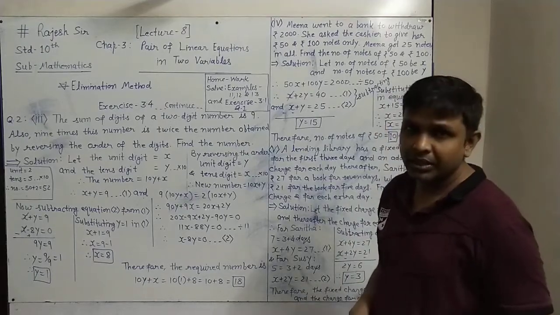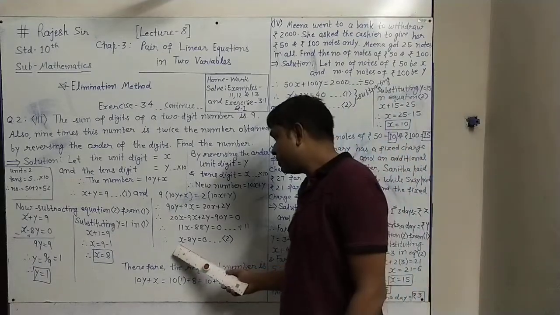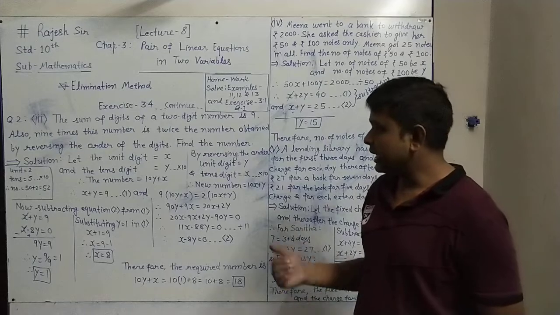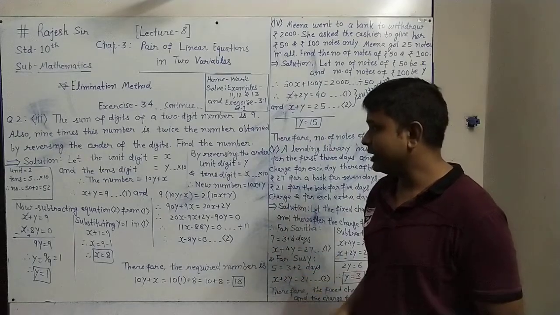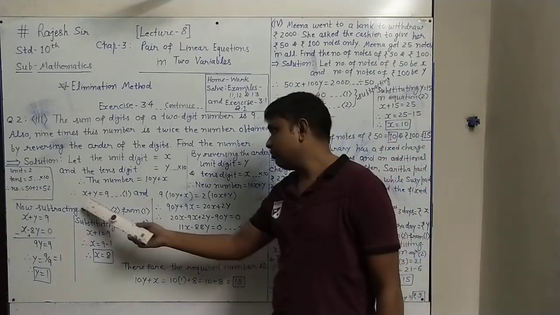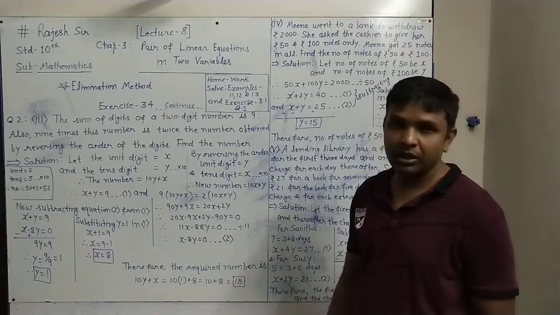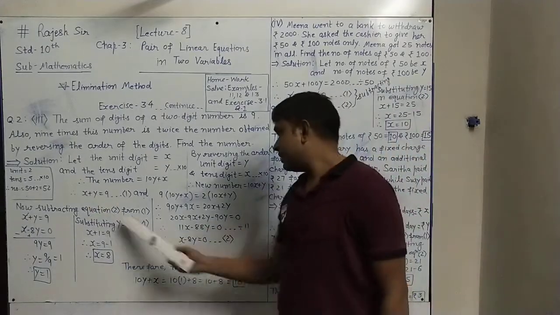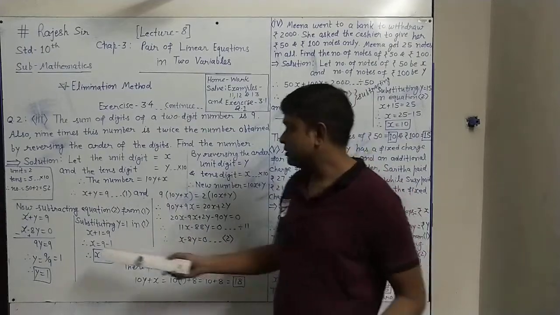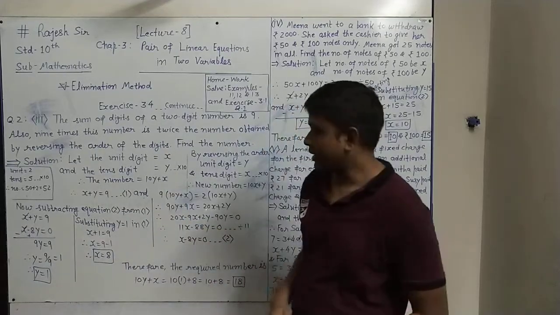So what is the first condition? Any one variable's coefficient should be equal. So here the x coefficient is 1 and the x coefficient is 1, so no need of multiplying by any number. We can directly do the subtraction or addition and we will get one variable eliminated. So x can be eliminated here with the same coefficient, because to eliminate x and x we have to subtract one equation from the other. So what I have done is subtracting equation 2 from 1.